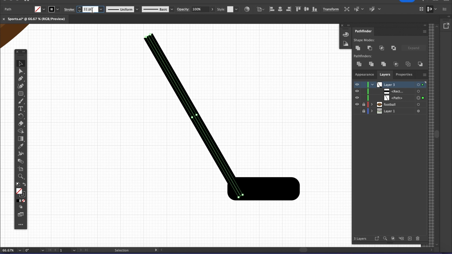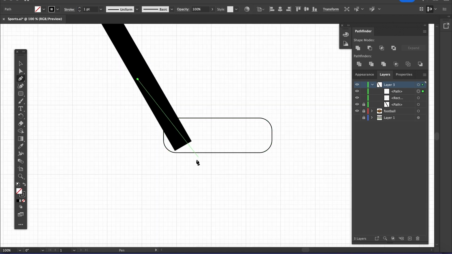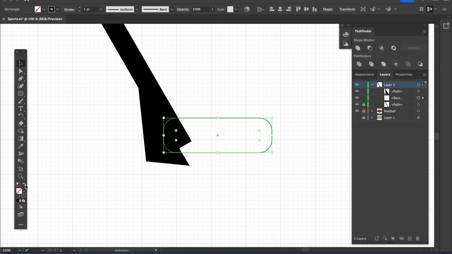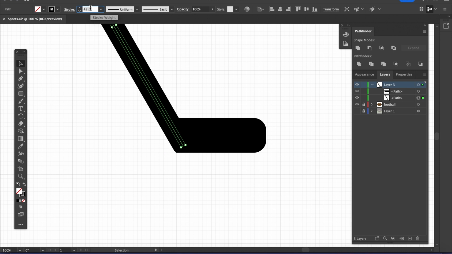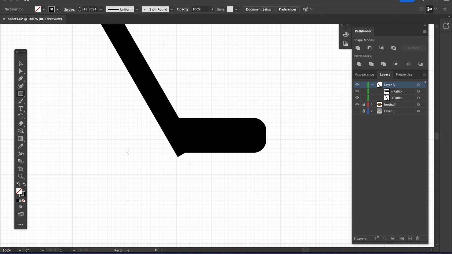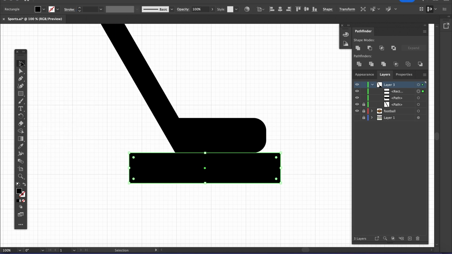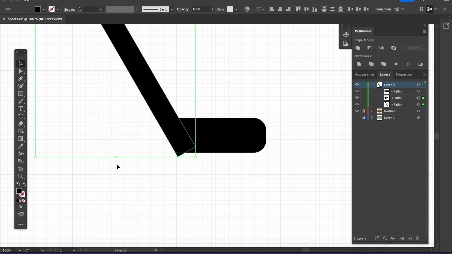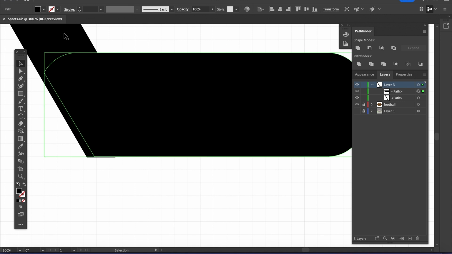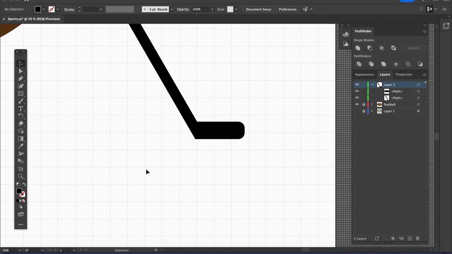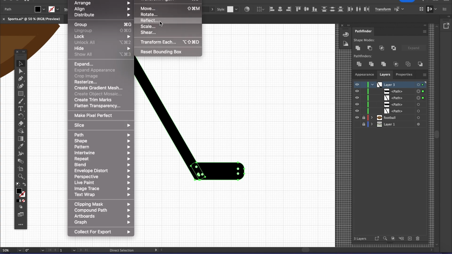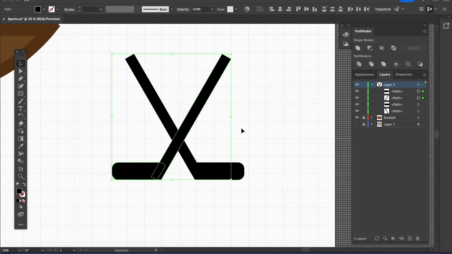But yeah, it's basically, with all of this, it's about how do you use simple shapes? What's the quickest way to get to something that visually represents a sport? So you have the stick piece, and then I used a curved rectangle and then kind of combined those two, adjusted some things, looked at the angles, and pretty much came to the conclusion that it looks like a hockey stick. And then I did the crossed hockey sticks because I plan to put the hockey puck in the